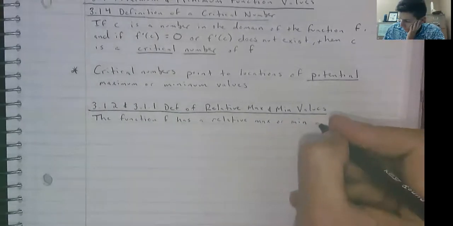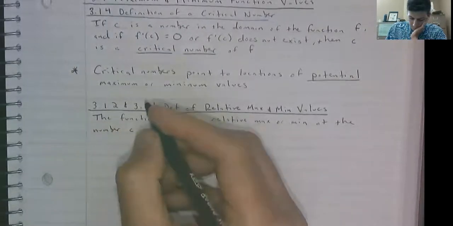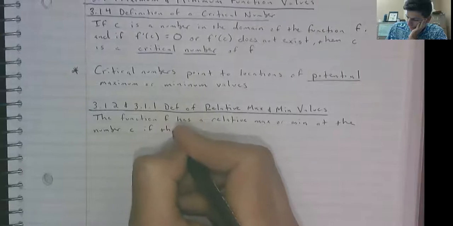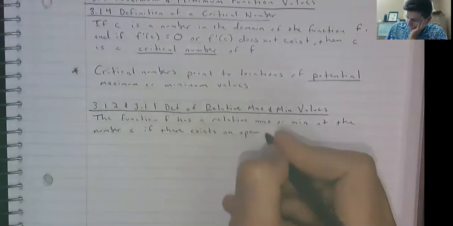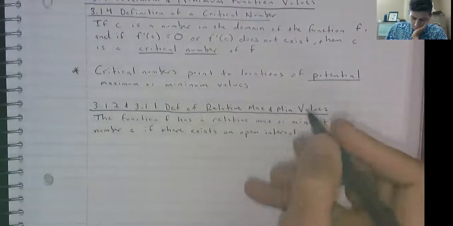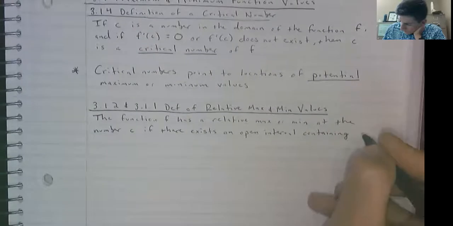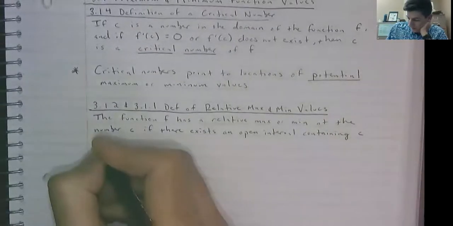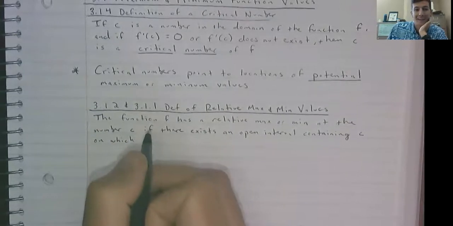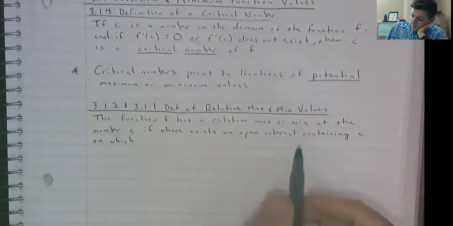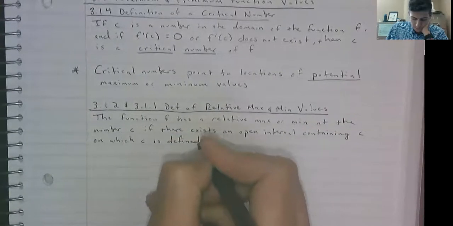At the number c, if there exists an open interval containing c, on which c is defined. That's important. In order to be a max or a min, you have to actually have a function value there. Containing c on which c is defined such that,